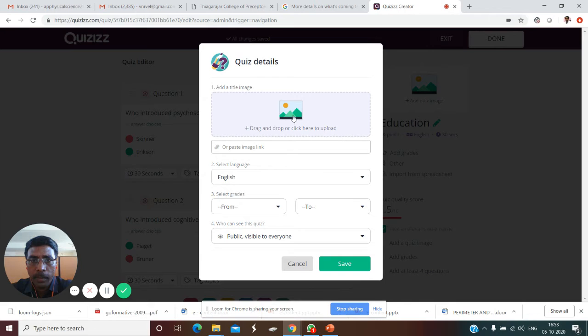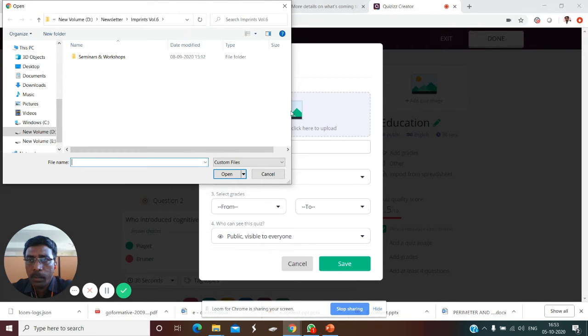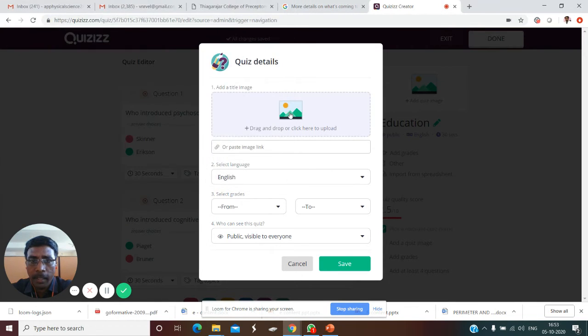If you click the done option, you will find a window like quiz details. In these quiz details, add a title image. I don't want to add any title image. Select language and select grades, which grades you want to create this quiz for. It's a university or professional development, so I'm selecting university.